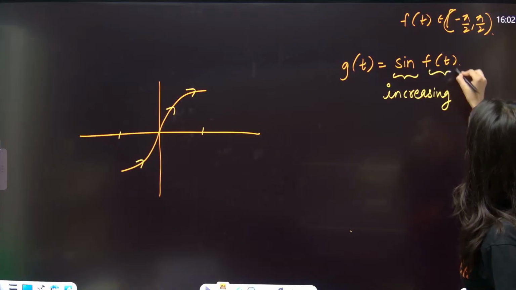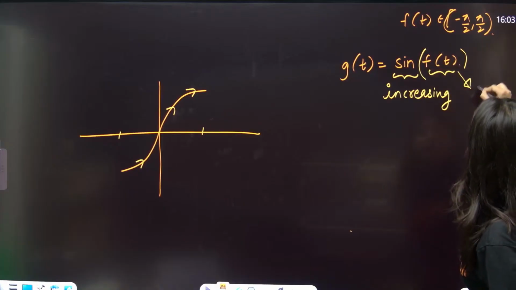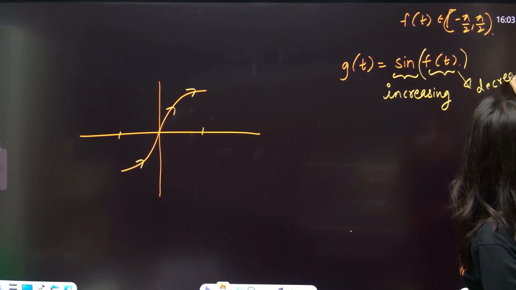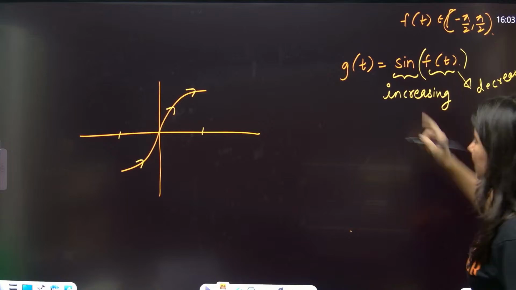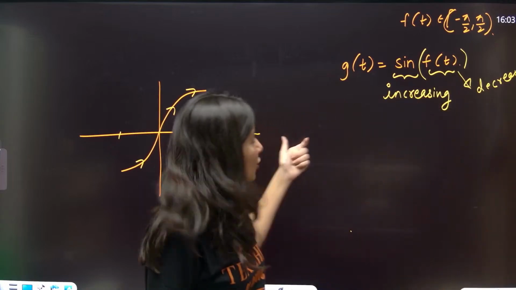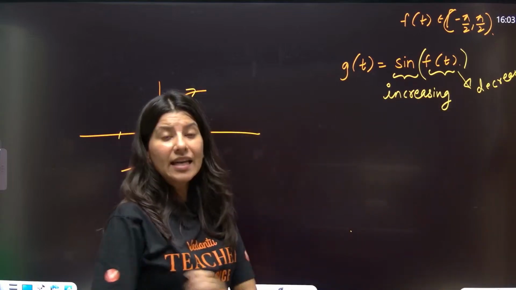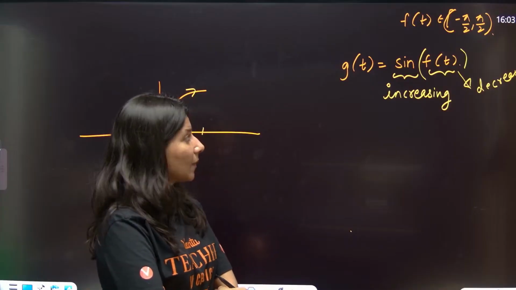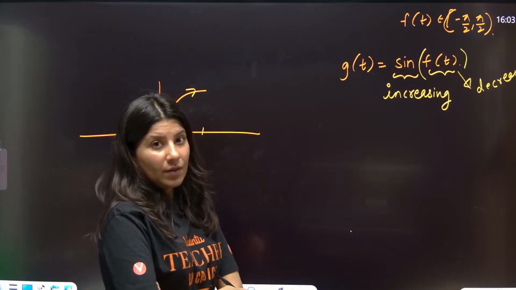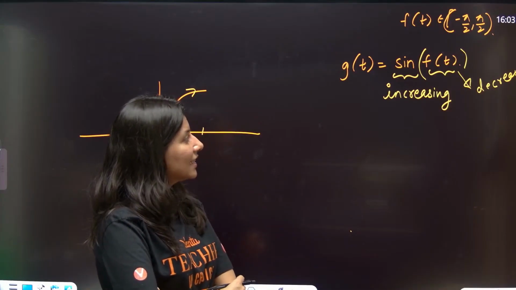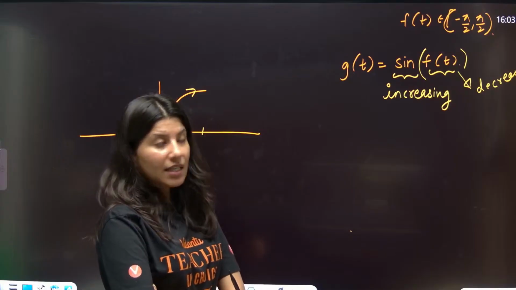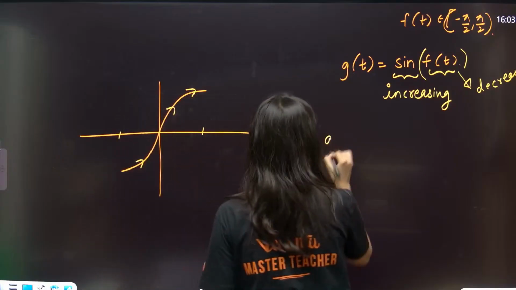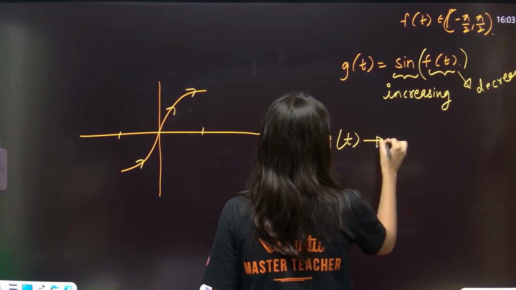And f of t is a decreasing function. When the outside function is increasing and the inside function is decreasing,